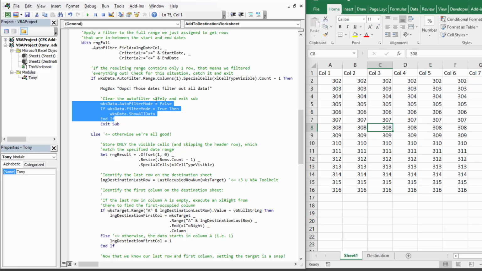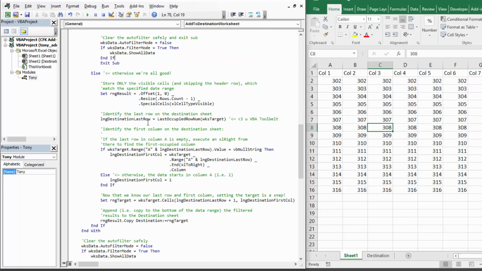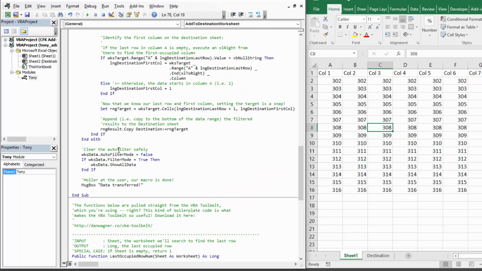So up here, in this particular case, if we overfilter this range, the code clears the auto filter mode on that worksheet, and it also applies show all data if the filter mode is set to true, and then it exits the sub. Later, in the same subroutine, we again clear those auto filters safely, right?